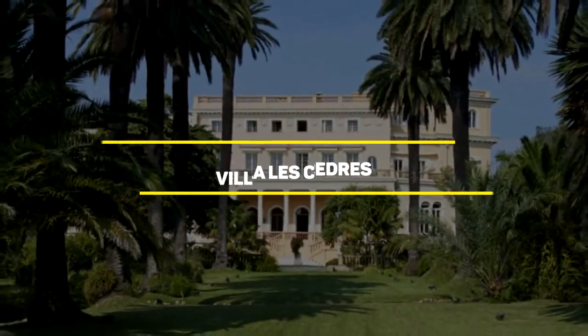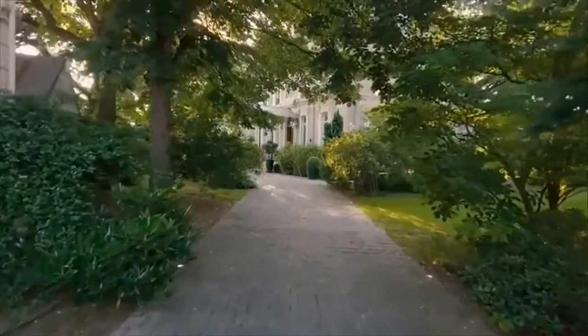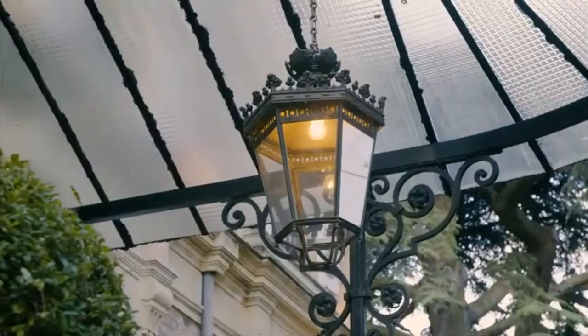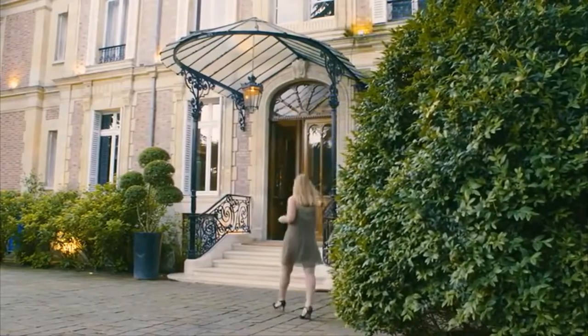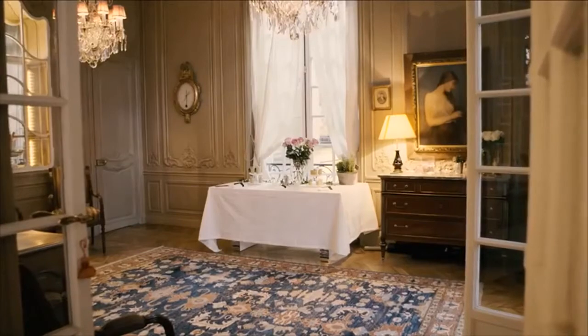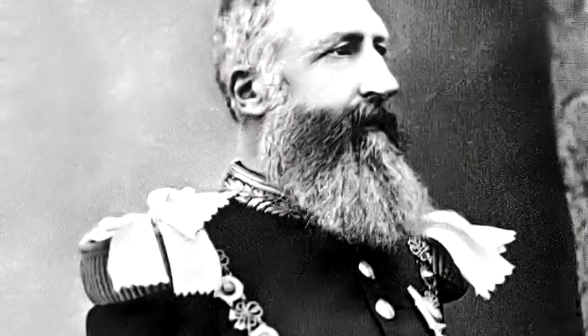Number 6. Villa Les Cedres. Next on our list is a mansion down on the coast of Saint-Jean-Cap-Ferrat in the south of France. We've actually talked about this home before on a previous list, why not check that out as well? This place is the perfect combination of luxury and history. The mansion has existed since 1830. And since 1850, when it was first bought, Villa Les Cedres has been home to many residents, including King Leopold